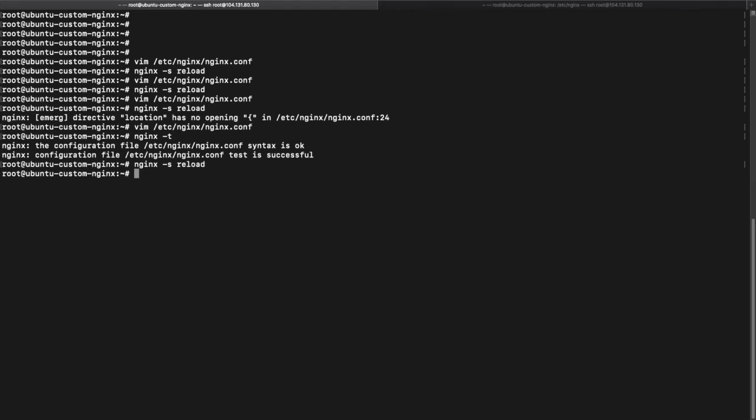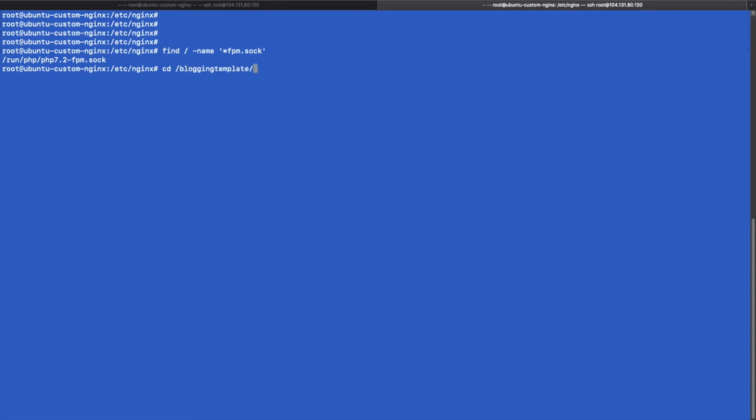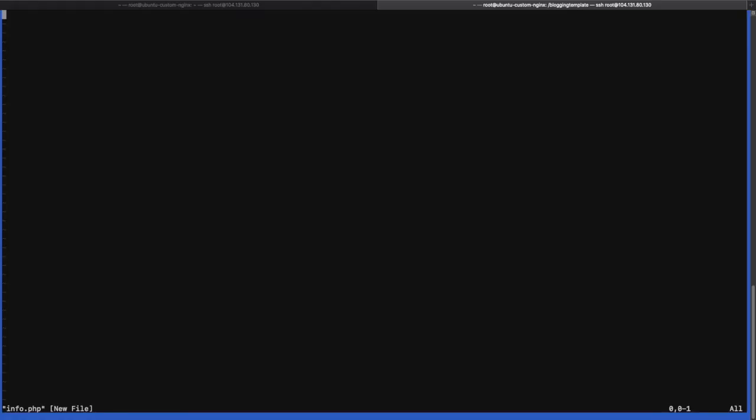So I will go to the blogging location. Over here we have files like index.html and assets. I will create one more file, info.php. Over here you need to mention some program which will provide you the PHP information. Go to insert mode and provide the syntax: <?php, then call the function phpinfo().